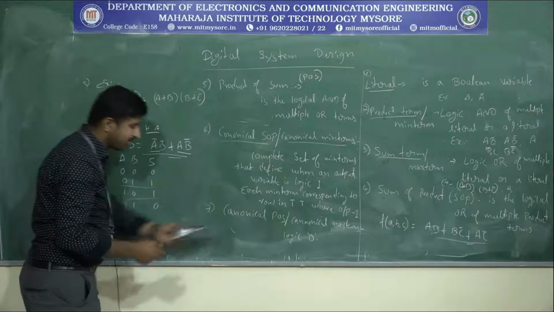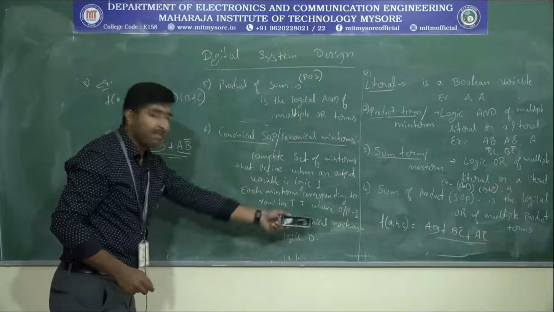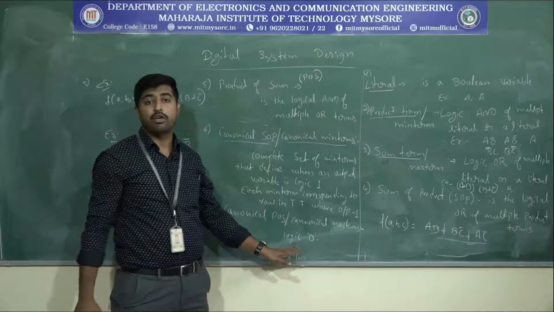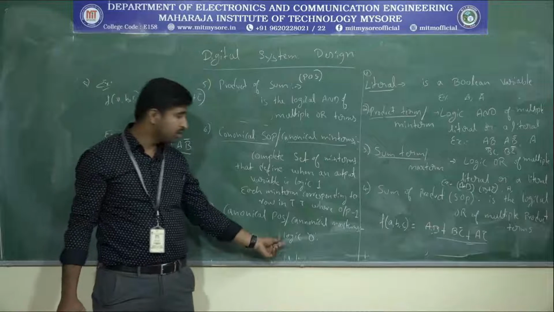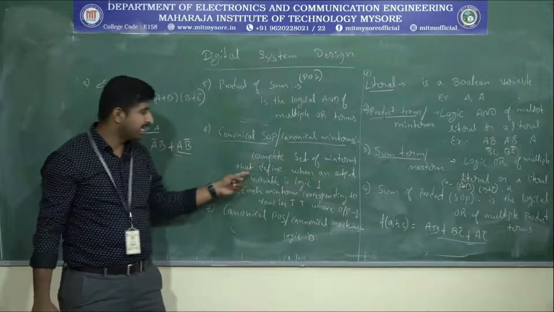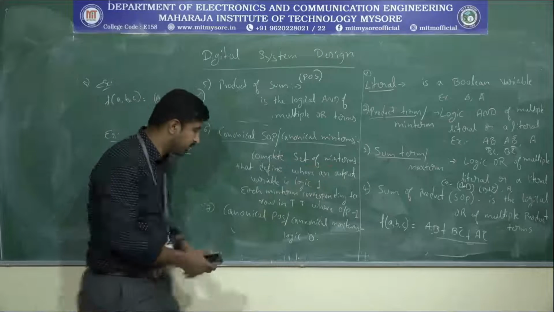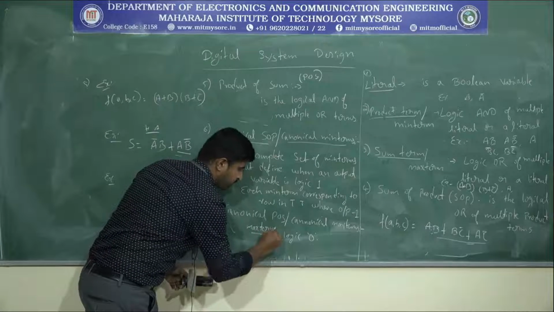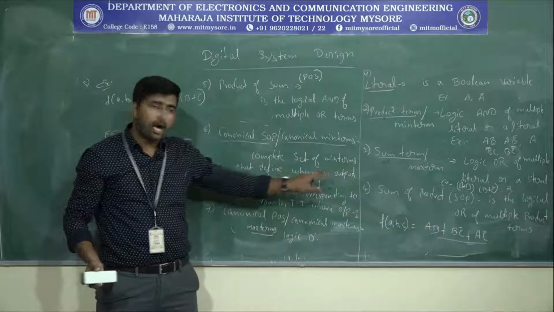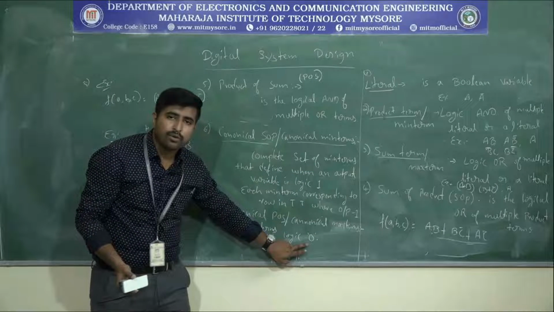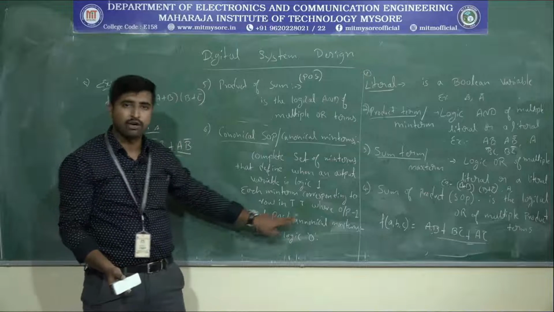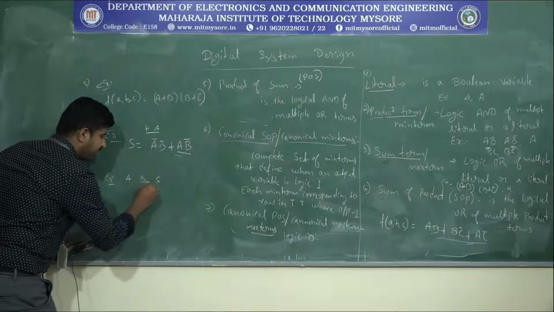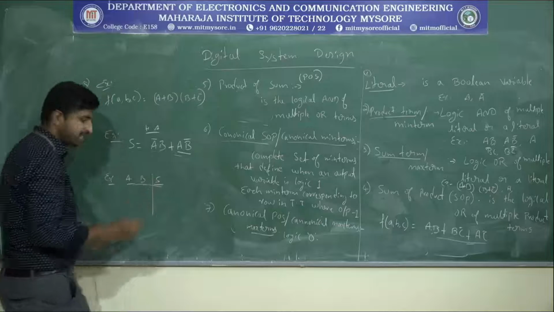So let's see the canonical POS, or canonical max term. This is the same as the canonical SOP, but here we need to write the expression for logic 0. It is the complete set of max terms that defines when the output variable is logic 0. That is the POS, or canonical max term equation. Let's take the example. I will take the same adder example, only the sum, just for understanding.